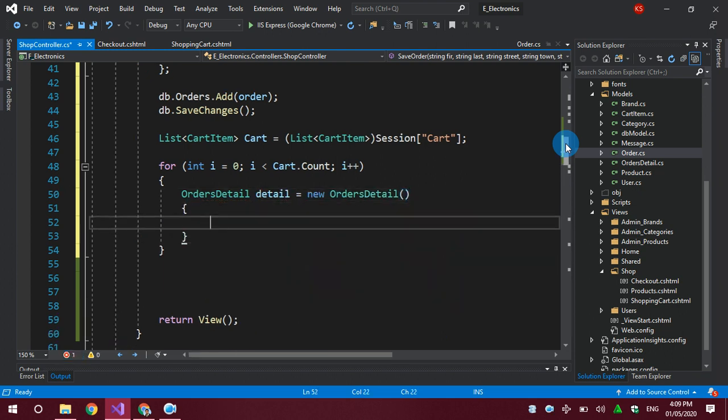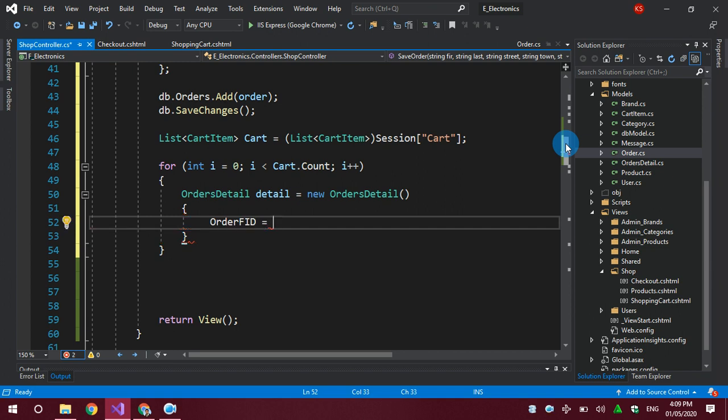It will have both items. The order FID means which order this detail belongs to. So I have to get the order to which I have to add this information.